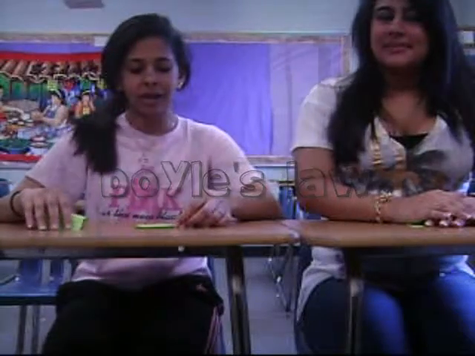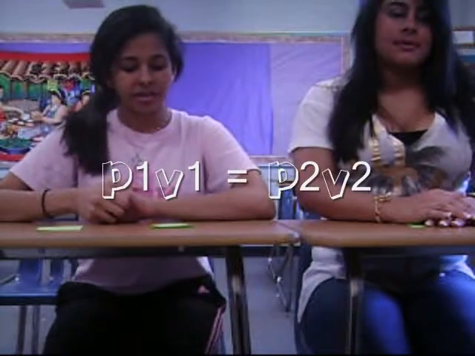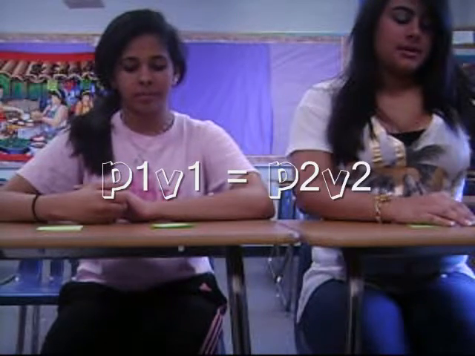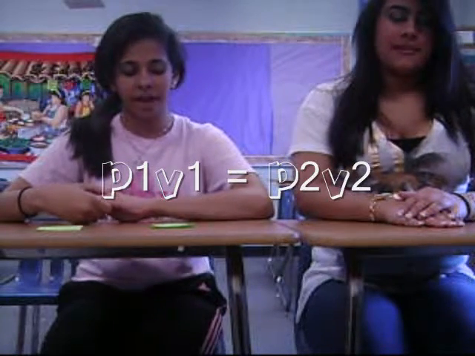In Boyle's law, the pressure and volume of a gas are inversely related at a constant mass and constant temperature. If pressure is increasing, then the volume is decreasing. And if pressure is decreasing, then the volume is increasing. The equation for this is the initial pressure times the initial volume is equal to the final pressure times